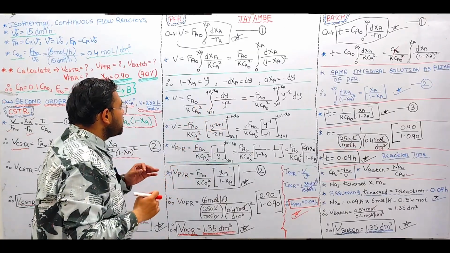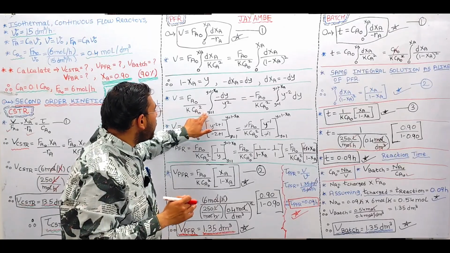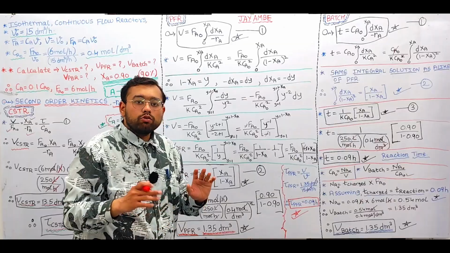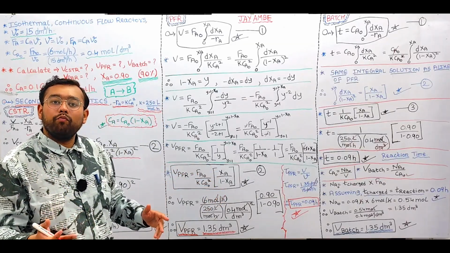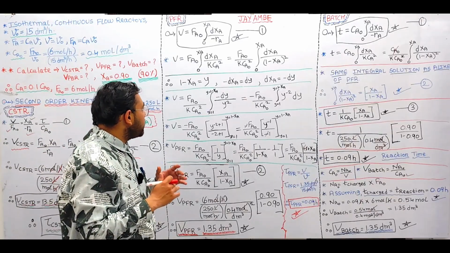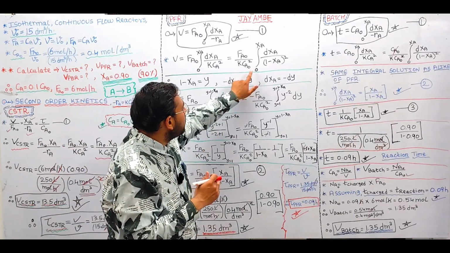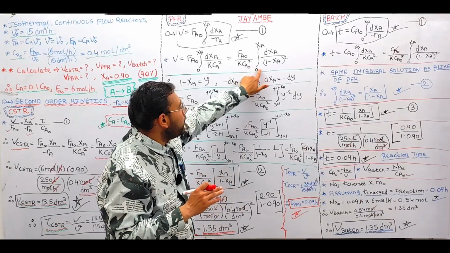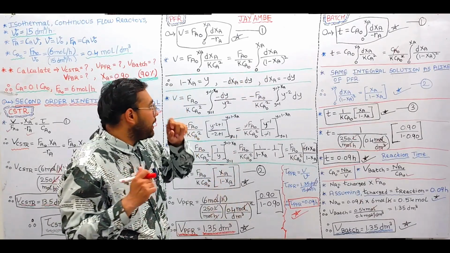So due to those reasons, I have used the lower limit as y is equal to 1 and the upper limit of y is equal to 1 minus xa. How these lower limits and upper limits came, we also need to understand, which is very important. So let's say here the lower limit, which is 0, indicates 0% conversion, and